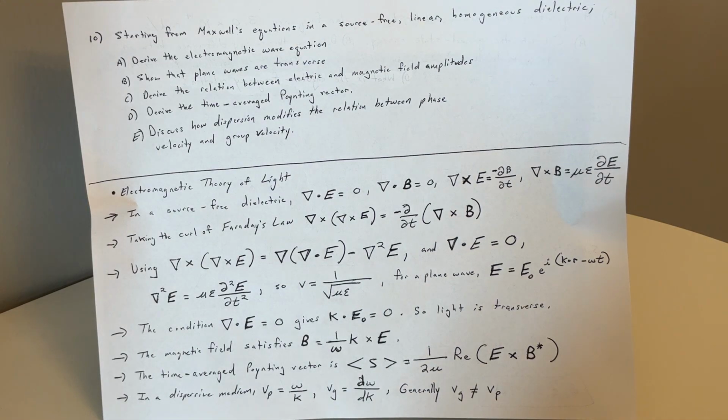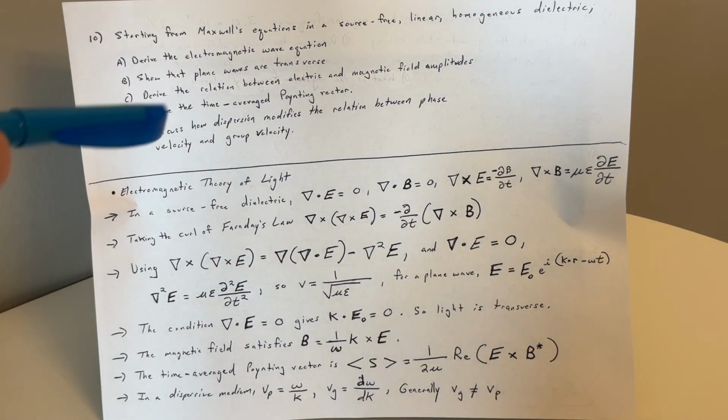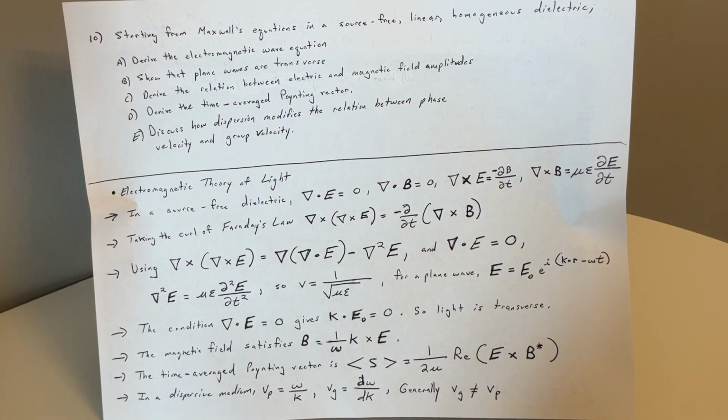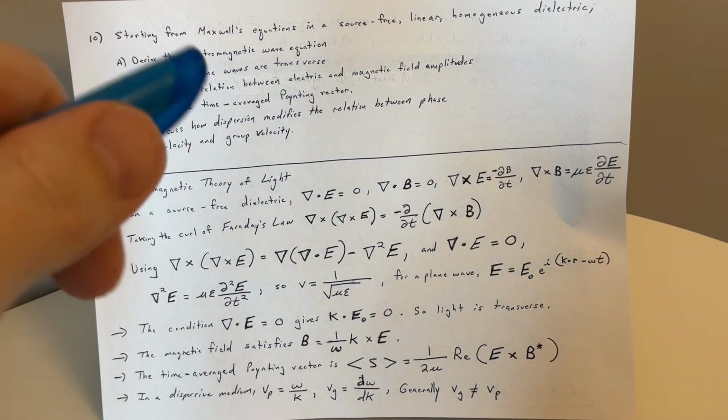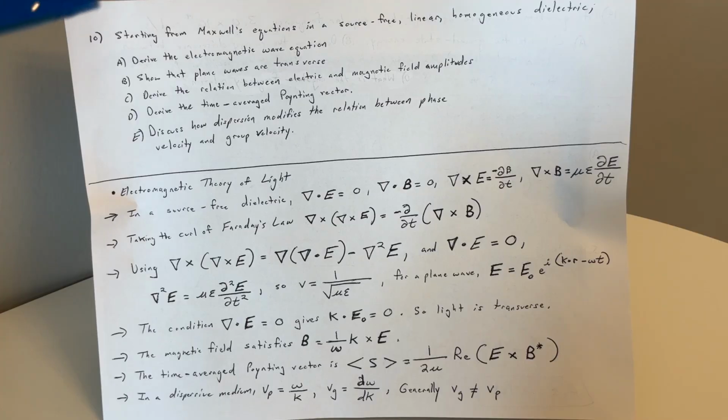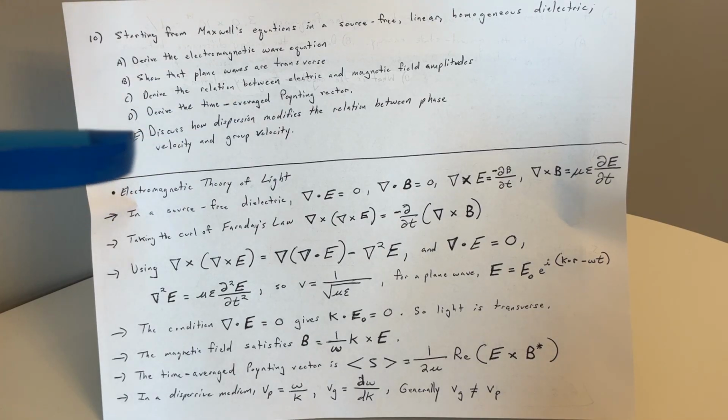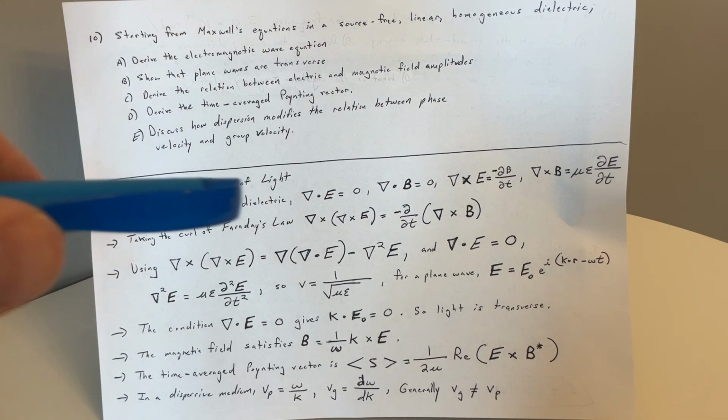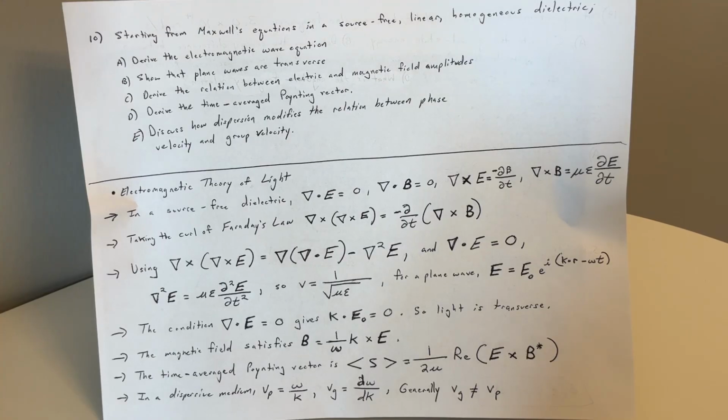Number 10: starting from Maxwell's equations in a source-free linear homogeneous dielectric, derive the electromagnetic wave equation, show that plane waves are transverse, derive the relation between electric and magnetic field amplitudes, derive the time average Poynting vector, discuss how dispersion modifies the relation between phase velocity and group velocity. So electromagnetic theory of light. Okay, a lot of this is textbook stuff,